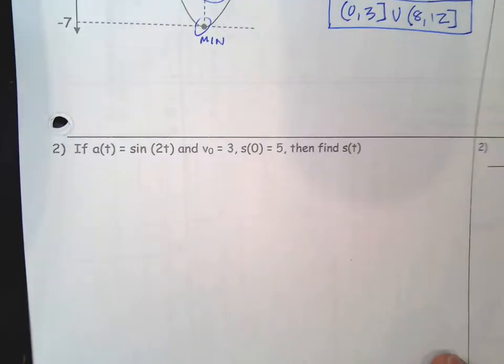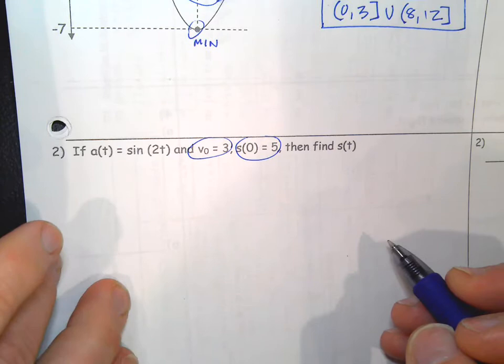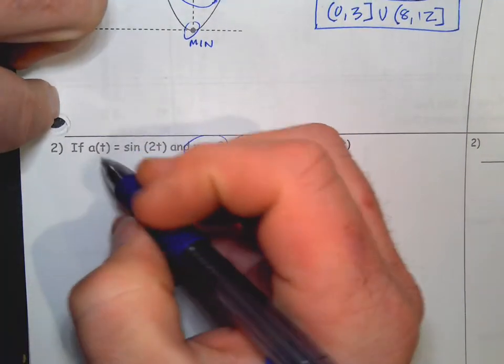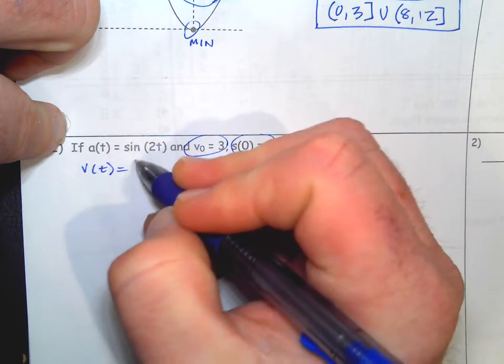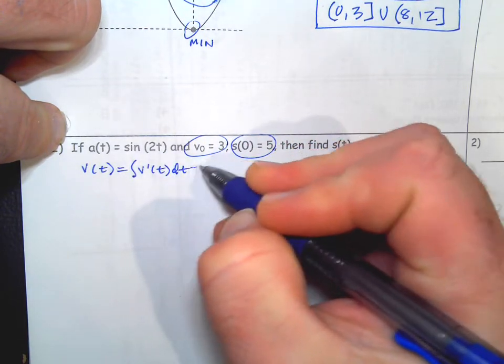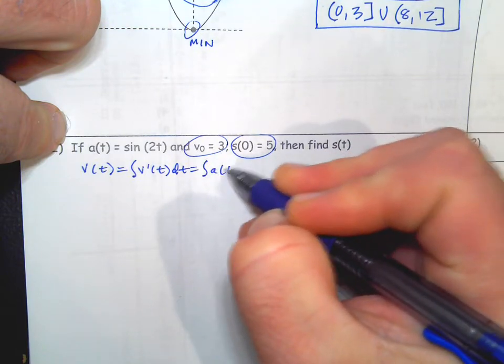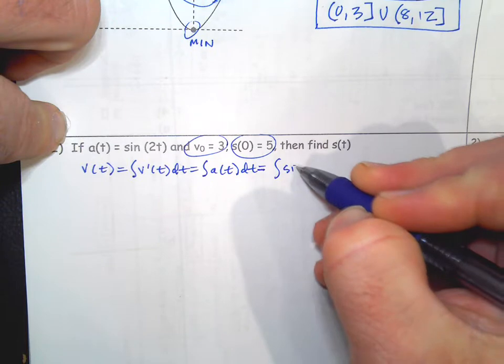Okay, next one, I'm giving acceleration, initial velocity, initial position, and you want to find the original equation. So we've got to work backwards. We've got to integrate twice. So we've got to start by finding the velocity, which is the integral of the derivative velocity, which is the acceleration, which is sine 2t